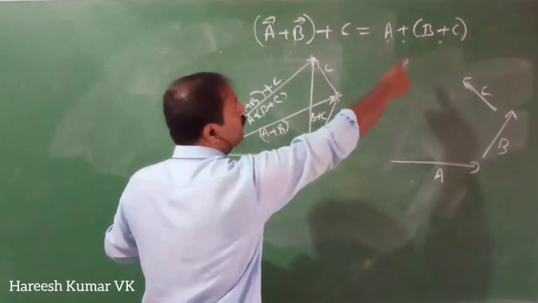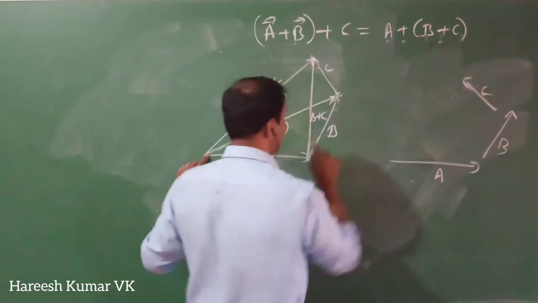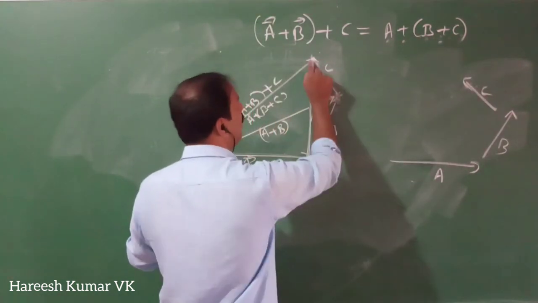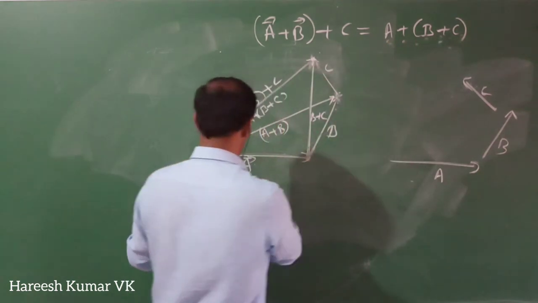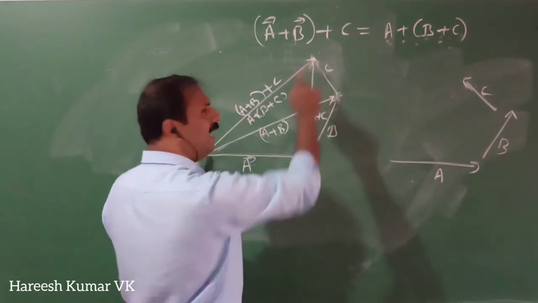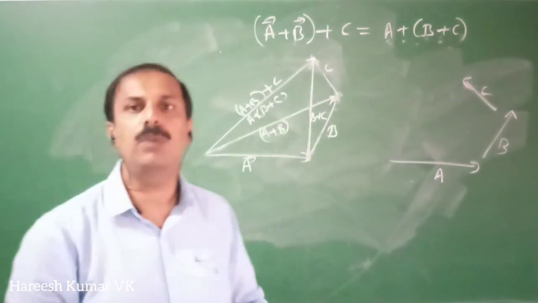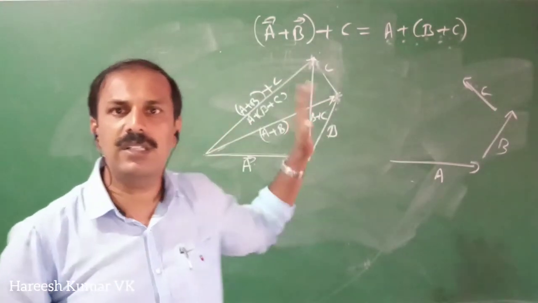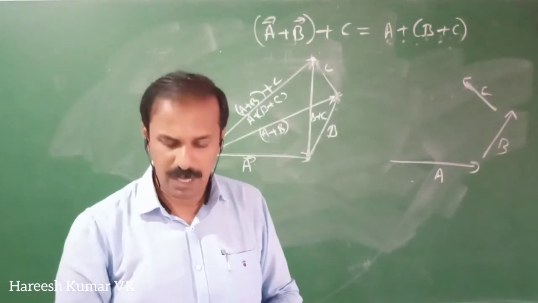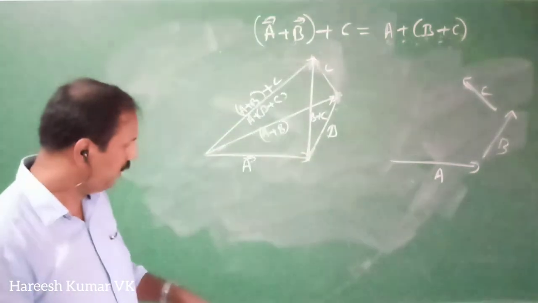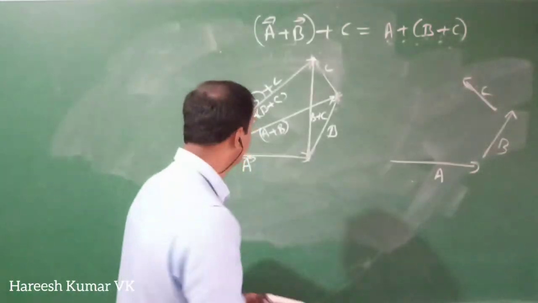Now in the second case, first you have to add B plus C. That is B plus C. That is this one. You add this one with A, and so you will get this one. Again you are getting the same. So that's how you will prove that. I think this is clear. If it is not clear, go back and see the video once more, then it will be clear. So we proved these two things.